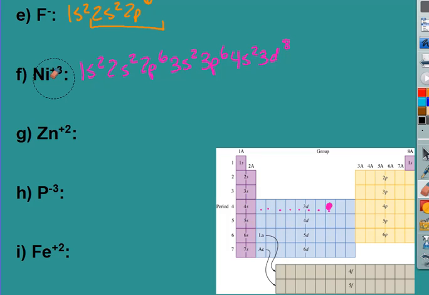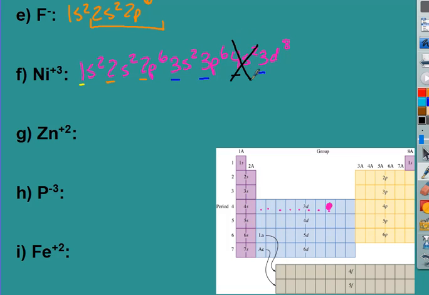But with nickel, it has a +3 charge. This one people miss all the time on the AP tests and on regular unit exams. Remember that when we had sodium, we said that positive ions are always going to lose them from the highest number or the farthest from the nucleus. We have the first energy level, we have the second energy level, we have the third energy level, and we have the fourth energy level. So the fourth energy level is the farthest from the nucleus, so those are going to be the ones that